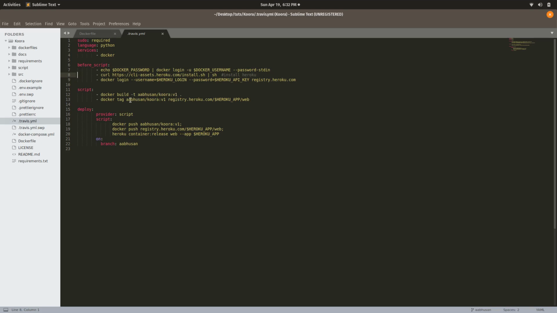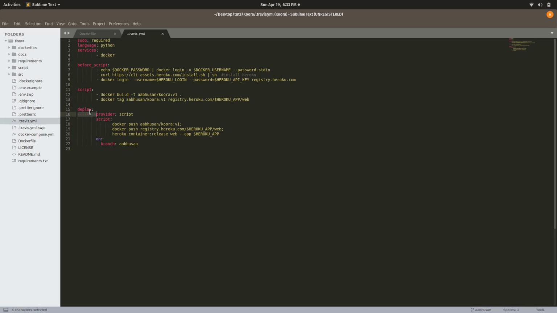Then in the next step we have tagged that created image abushan/quora version 1 to registry.heroku.com/$HEROKU_APP/web. So this registry.heroku.com is the registry of Heroku where Heroku stores the containers, and $HEROKU_APP means the name of the application in which you will be storing this Dockerized image, and /web is the process. So simply, web is a process, you just need to know that.